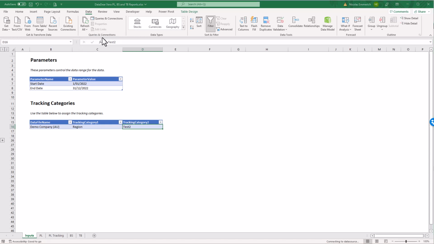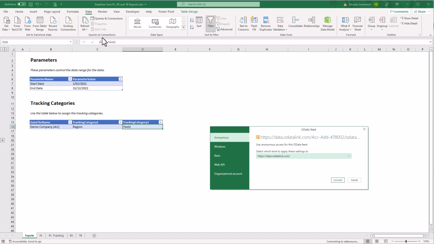I may be prompted to choose how to log in, and in this case I'll use anonymous access, which matches how I configured my OdataLink model. Now the only thing I'll do, because I've got multiple development accounts, I'll just make sure that it only applies to this video account here for this data file, and I'll choose connect. Now this will get Excel connecting to OdataLink to download all my Xero data directly